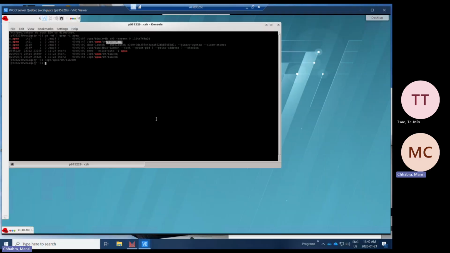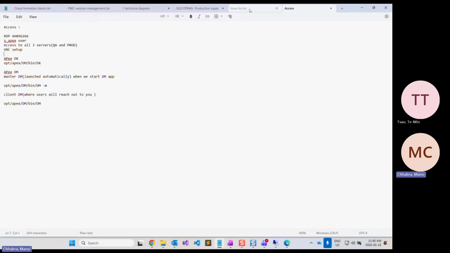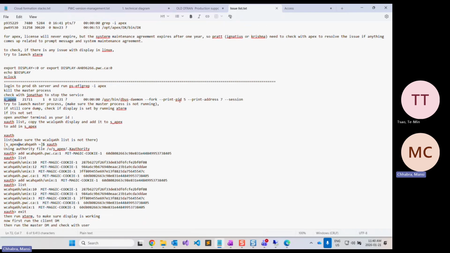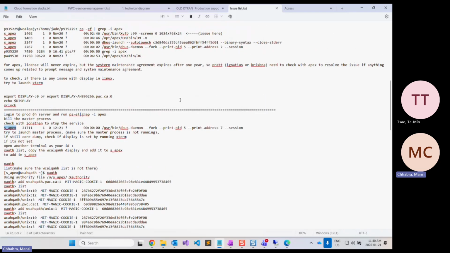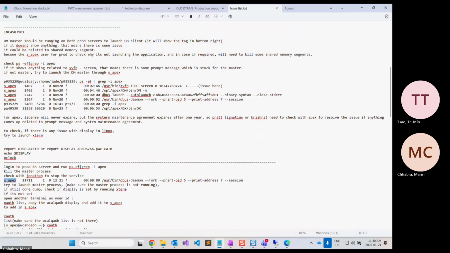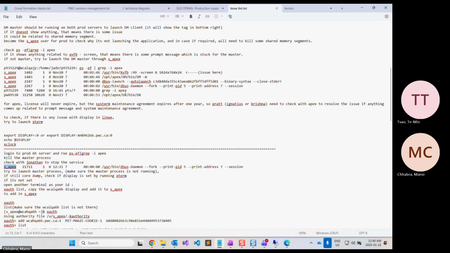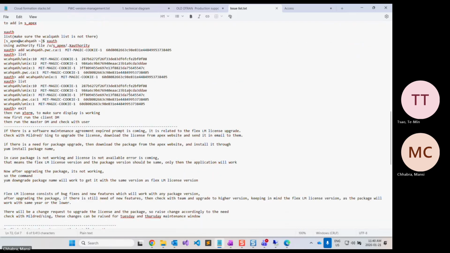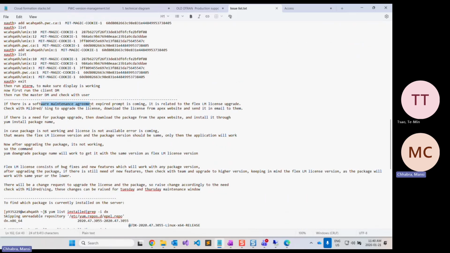So the next time, let's say you need to kill some user or you need to kill this Apex application. Sometimes what will happen when you are launching this application, it will give you errors like segmentation fault, or let me see what else I can show you, because it has not happened since last time. And if a software maintenance agreement expired prompt is coming, it is related to